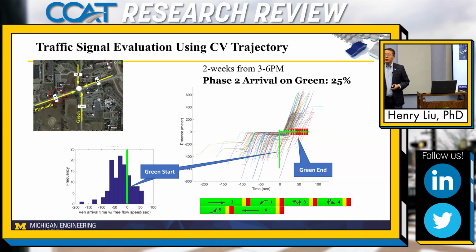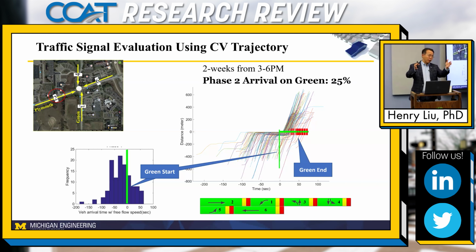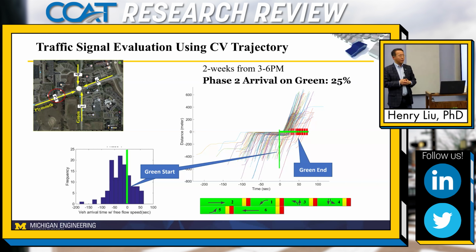At the time, these traffic lights were adaptive. They worked on real-time adaptive control, reacting to traffic flow. So the start time of the green and the end time of the green are not fixed. They're moving. Depending upon the traffic situation, the start and the duration of the green time are not the same from cycle to cycle. But once we put the green times all together, because we collected about 2 weeks of data and put all these trajectories together,